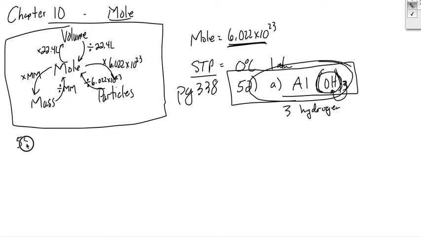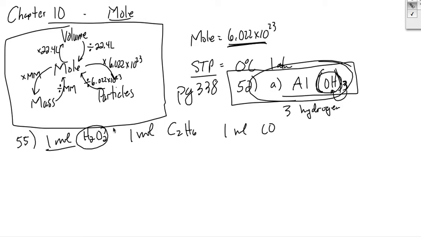Try B, C, and D for number 52. Okay. Number 55 says which contains more molecules? 1 mole of H2O2, 1 mole of C2H6, or 1 mole of CO. It says which contains more molecules? Well, a mole of this, or a mole of this, or a mole of this, those molecules, if you have a mole of each, they're all equal. Doesn't matter. They all contain